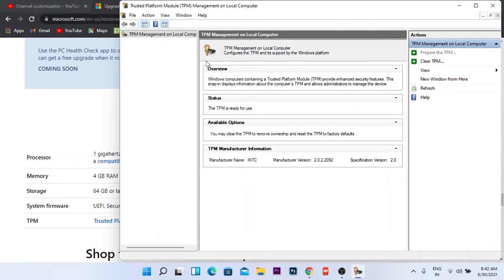And this might seem different on your computer. So in many laptops TPM is given, but it is not enabled in BIOS. So you need to enable it in BIOS. For that you can go in your BIOS, and from there you can enable TPM, and again you can come here and type tpm.msc and check this.